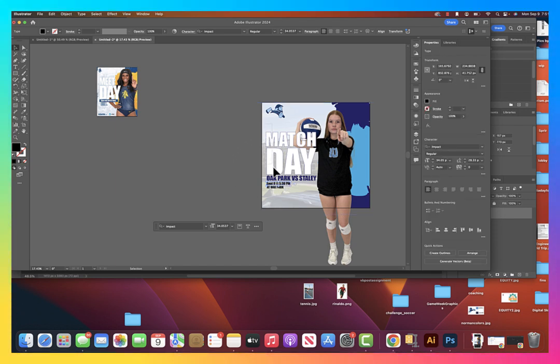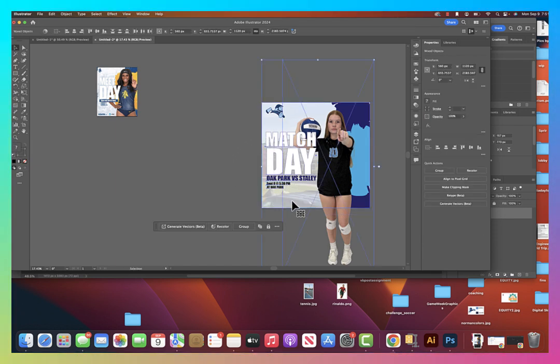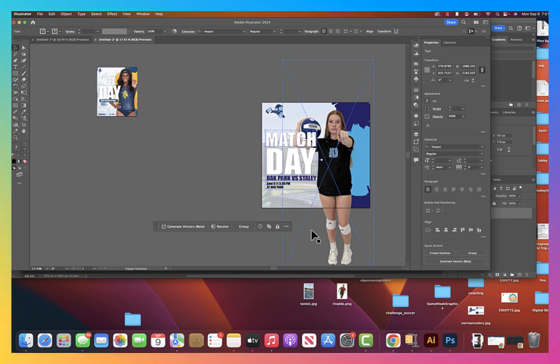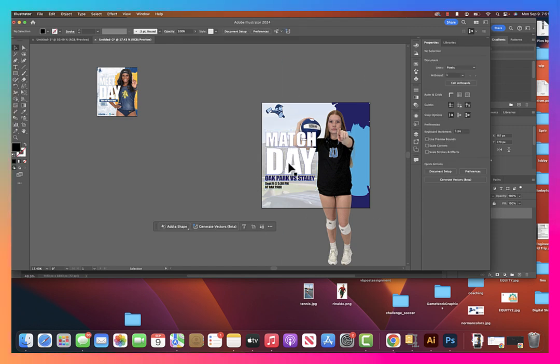I'm going to select through all of these, and then I'm going to deselect the backs. And then I'm going to say left align right here. Now they all should be aligned really nicely. The day probably should be moved over a little bit, but I'm not going to worry about that too much